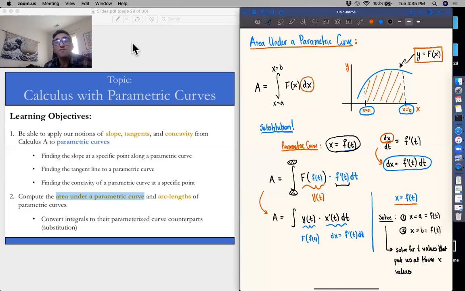So we're really solving this for the t now, because we know what a and b are, but we need to figure out what t value puts us at that specific location along the curve